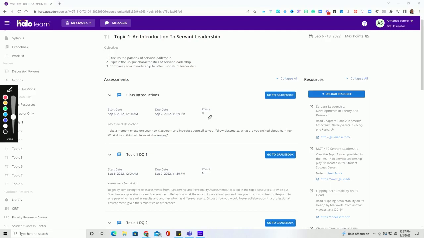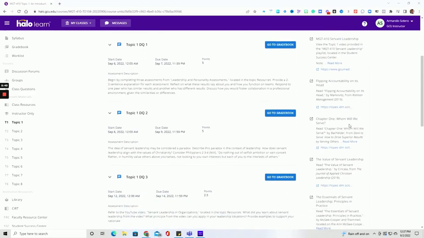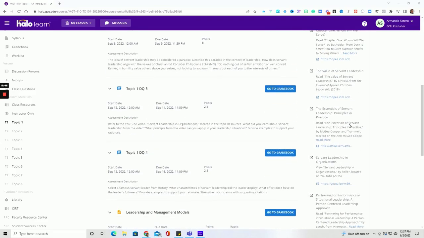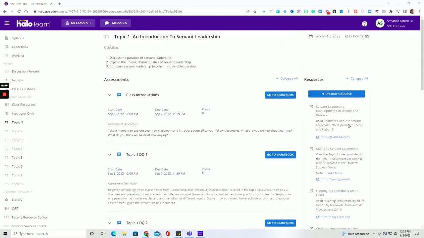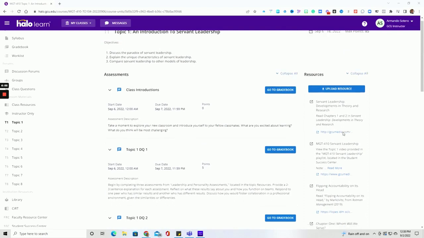Now, the reason why I like this format, number 1, is the resources over here to your right. If you notice over here, you have all the resources that you need to be successful in Topic 1, and even have resource information for future questions and or assignments that you may want to refer to. So that is why I like going in through the actual topic links. So again, don't miss out on reading what you need to read for each topic.